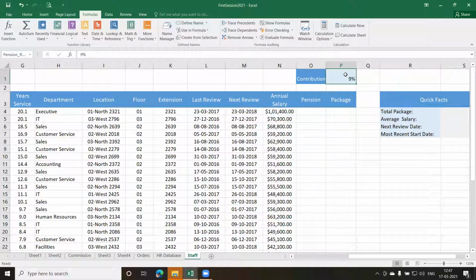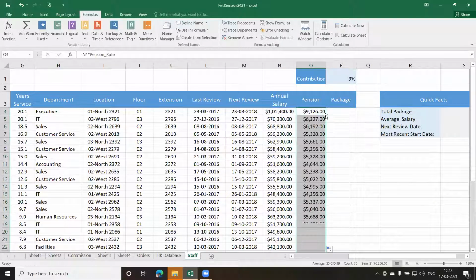Now, whenever I come to this cell, you can see this name has changed. It's pension rate. Now I can give the function: equal to this multiplied by pension rate. Press enter, I get the answer. I can double click it.